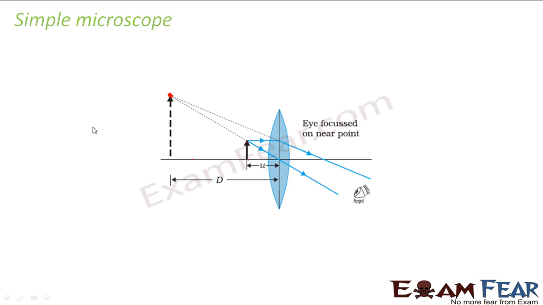Right? It was then observed that the magnification given by a convex lens alone is not enough. There are so many minute things which we want to observe. For example, there are minute organisms like bacteria or small atoms, and so many tiny objects which have now become visible because of high resolution microscopes. So they felt that the magnification provided by this simple microscope was not enough. So they tried to do something to increase the magnification.